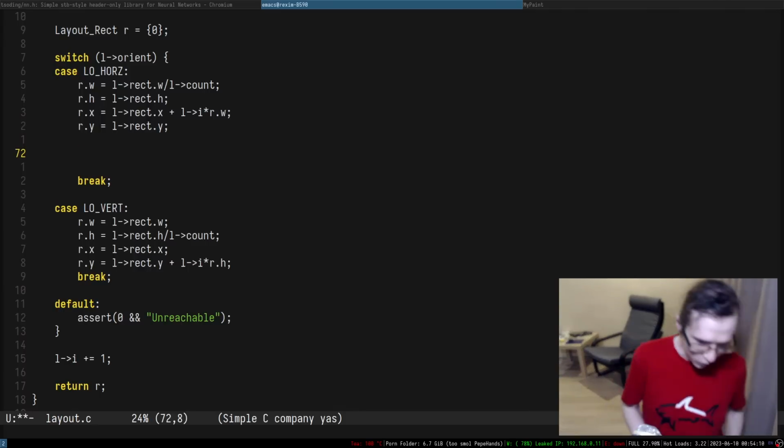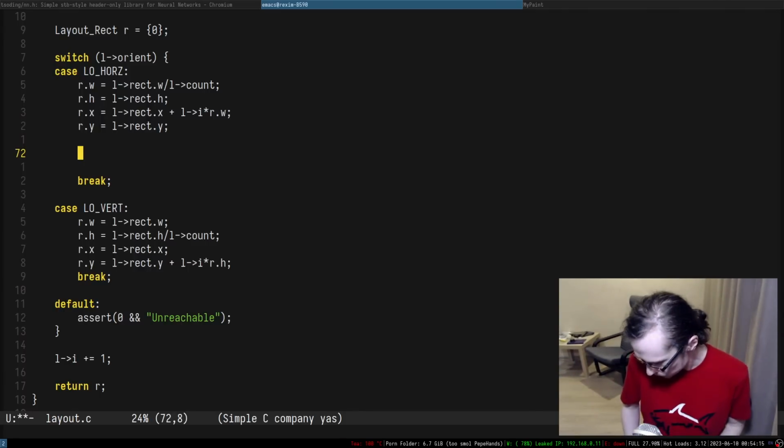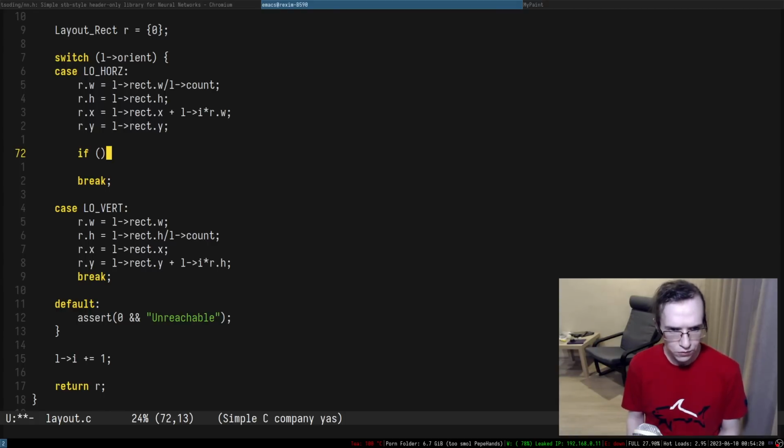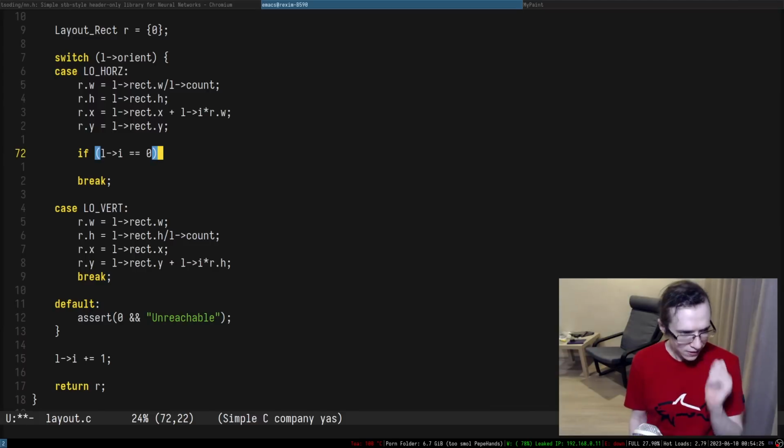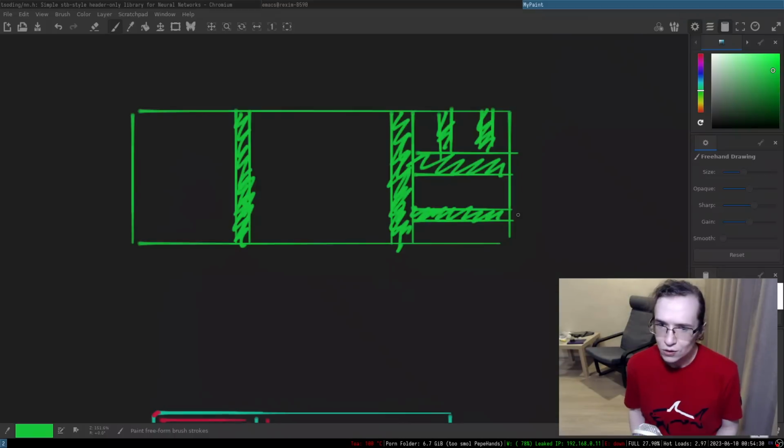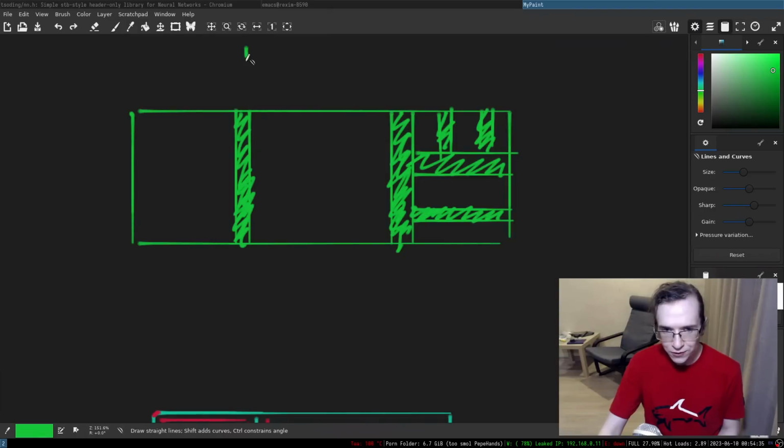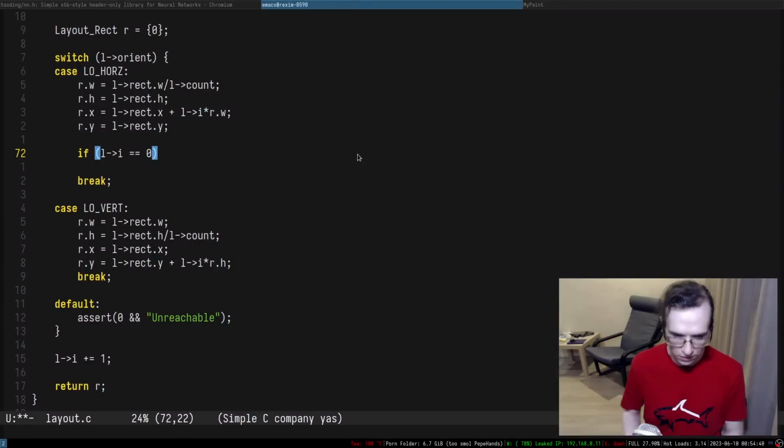Right, so if it's horizontal, we can do, if you are the very first element, if i equals 0, right, so this is basic. I think we have effectively 3 cases in here. So this is the first case. You basically just pad like this. We can even offset the width by half of the padding, right? So we can just take a half of a padding in here.